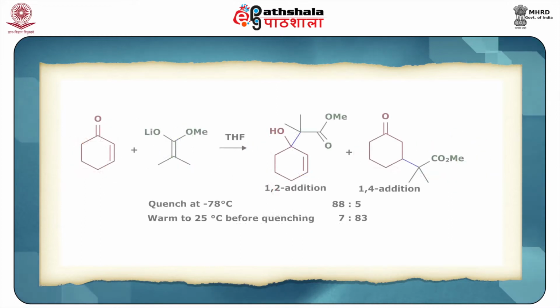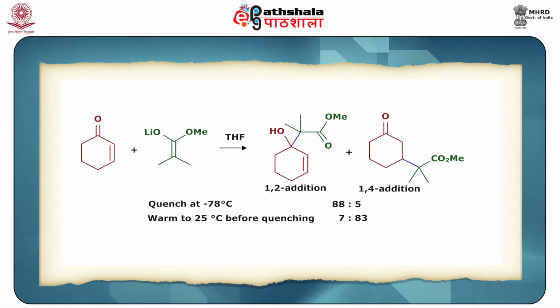addition product. Similarly, another case you can look at is this example where this cyclohexenone is reacting with this Michael acceptor, where the double bond is joined to OMe and OLi, which are facilitating this attack, and in the presence of THF there will be a combination of these, and you are having this 1,2 addition product at minus 78 degrees, almost around 88% in yield, although the 1,4 addition product as shown here is only 5%.